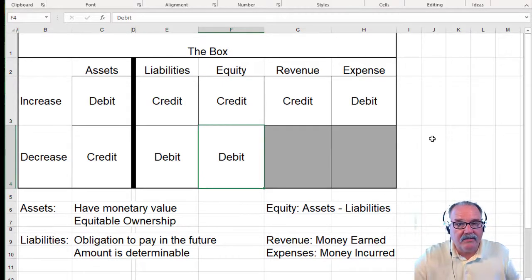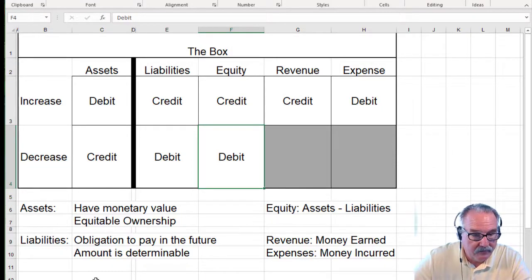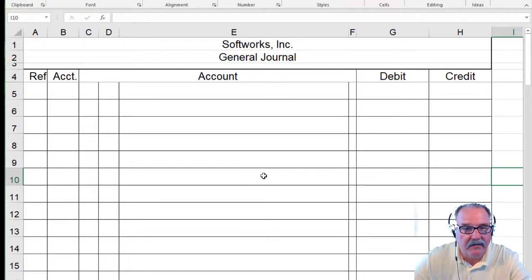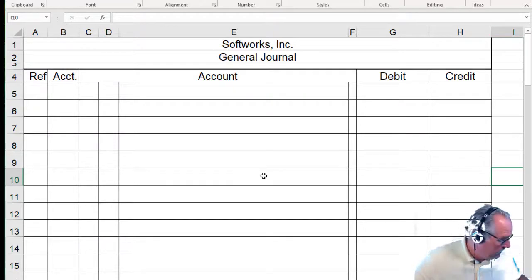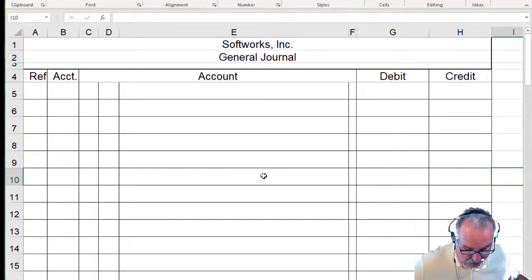Okay? So let's do a problem that we can illustrate. So you've got a journal. If not, set one up. This is what a journal looks like. Anytime in accounting we have a journal, it's going to look like this. This company is SoftWorks. This is all in your book. This is problem